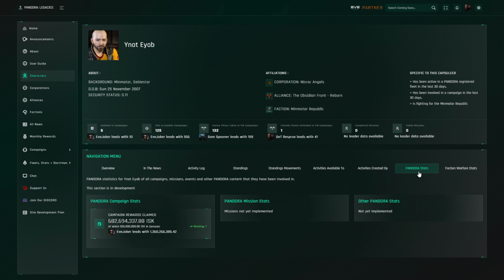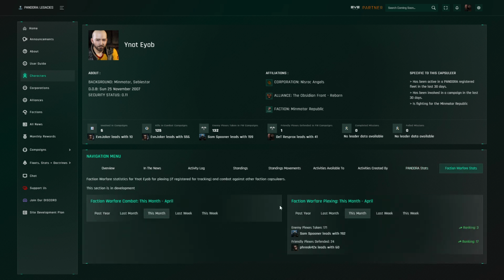So within 2 weeks of this video, probably towards the end of May, you'll see a full listing of all Pandora stats and Pandora stats of those that are in close relation to Why Not, as well as leaders for everything you can imagine, and faction warfare stats for plexing and combat by this capsule, which again is similar to the Pandora stats, will have a full display UI of all faction warfare stats that Why Not has taken part in. So there you go, that is the full